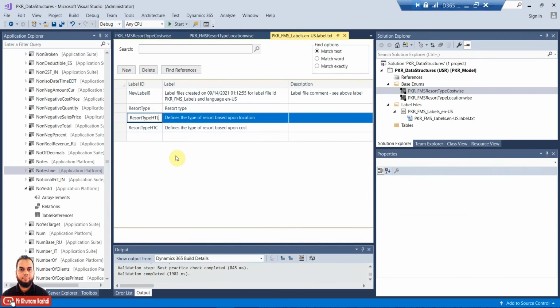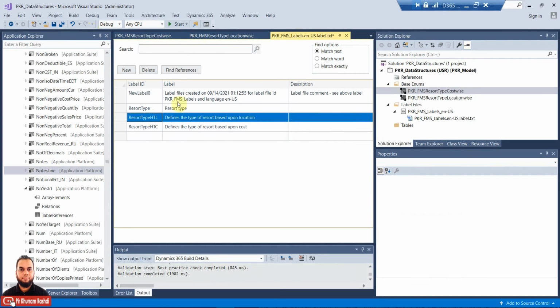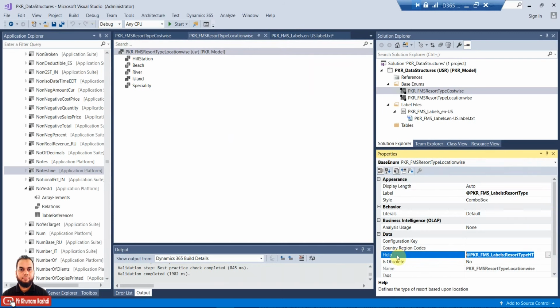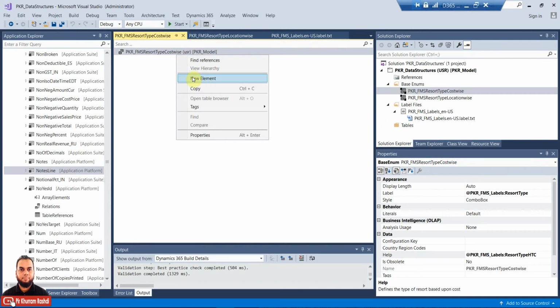To differentiate, we'll put L at the end and we'll copy the same label, and in the location-wise one we can put the label code here, or label ID here. We can save it.